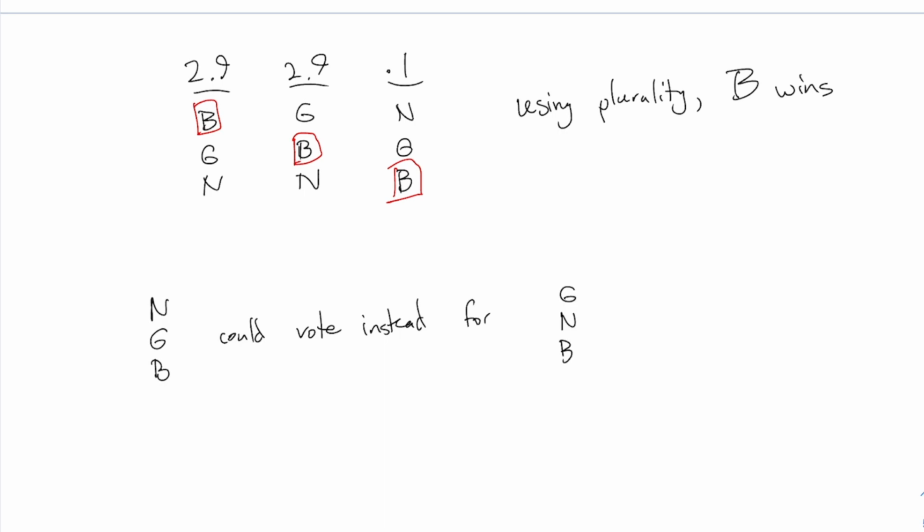If that had happened and you did the plurality, then actually Gore would have been the winner. Now, I'm not saying that's a better result in the real world, but in their own opinion, that is a preferable result for them. Because Bush won, that was their last choice, all right? They should have instead voted like this, because this, in their own opinion, would have led to a better result. So the Nader, Gore, Bush voters could vote instead for Gore, Nader, Bush, and then Gore wins the election, because the plurality count would then say 2.9 million for Bush and 3.0 for